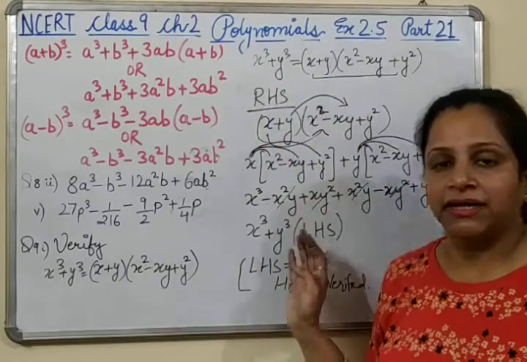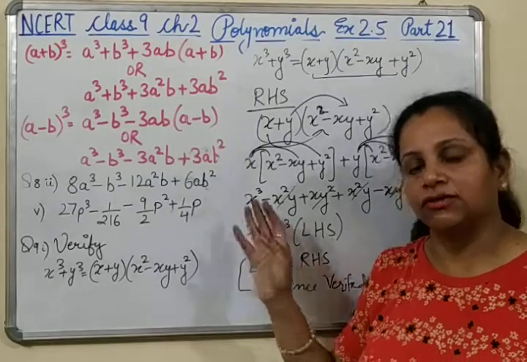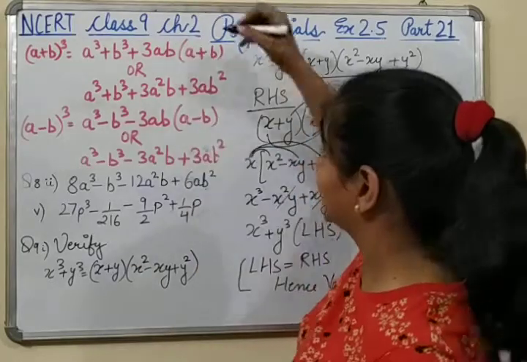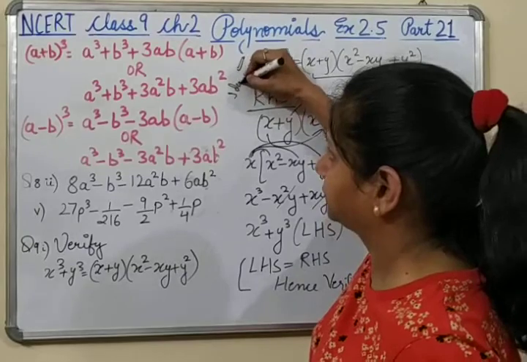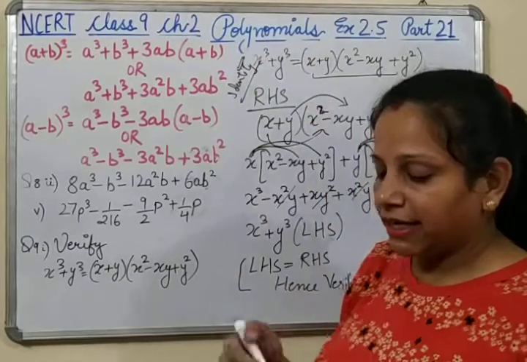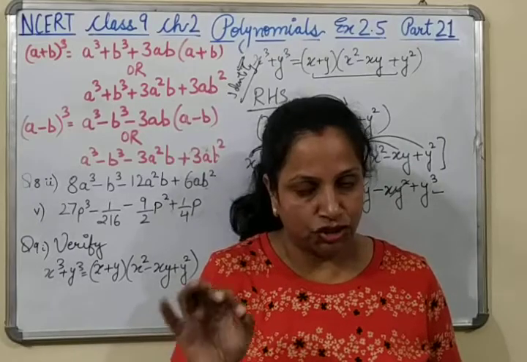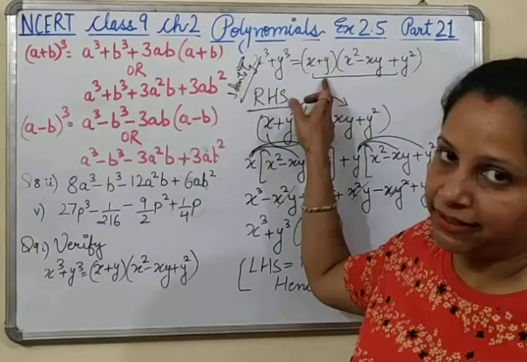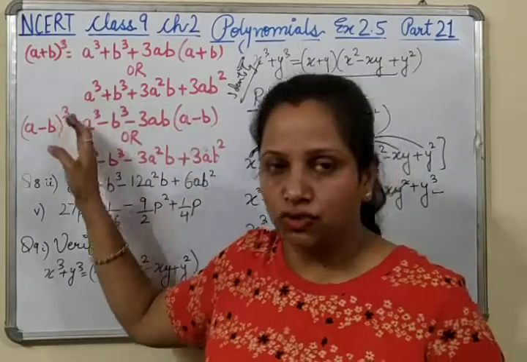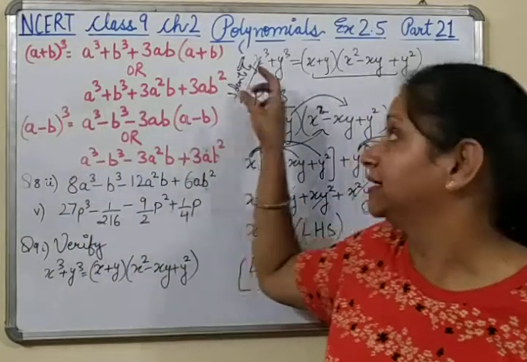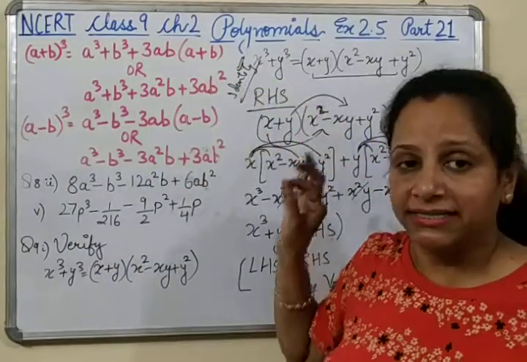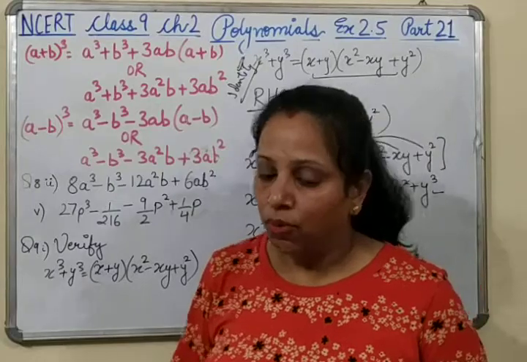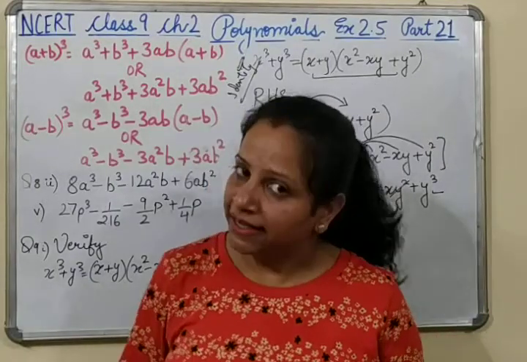So though in this question number 9 you have proved it as LHS equals to RHS, means you have verified it. Now in the next questions from question number 10, we will be using this verification x cube plus y cube as an identity. So you can learn this as well according to your identity. As I told you that these are the 2 more identities. This is 6, this is 7. So you can understand that this is 8th identity. And in part 2nd, which is given, that is x cube minus y cube, that is your 9th identity. Clear? More it will be clear when we start with question number 10 in the next video.